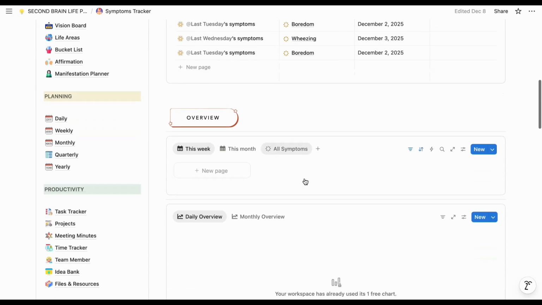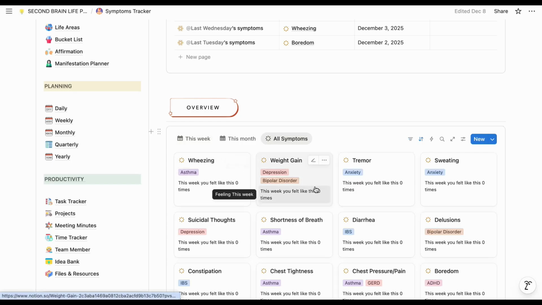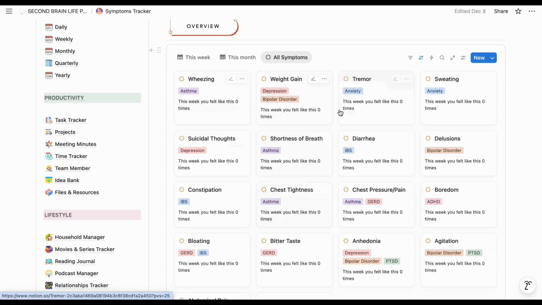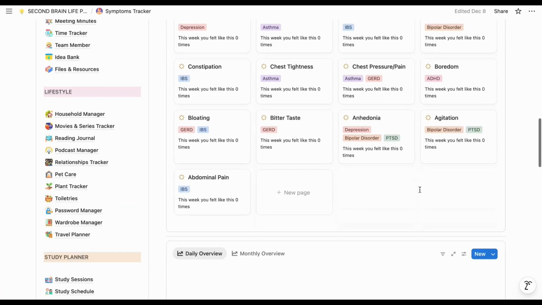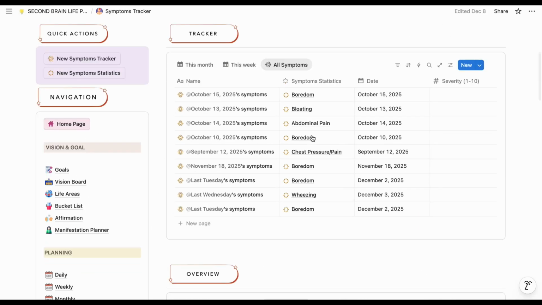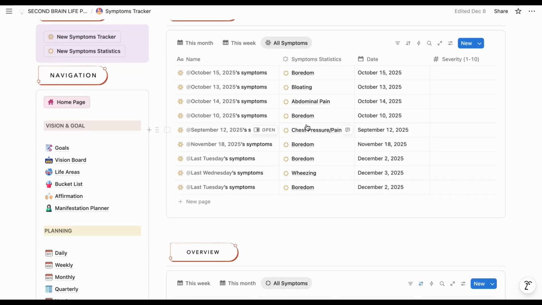So similarly, you will be able to completely see the symptoms over here. You can see these are all the symptoms you have, nothing but the category, you can say. You can see all the different symptoms you have, and then you can say which symptoms you had already. Okay. So you can add a new symptom whenever you have it.